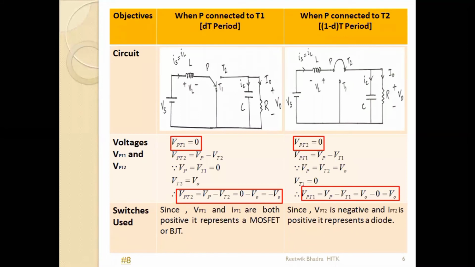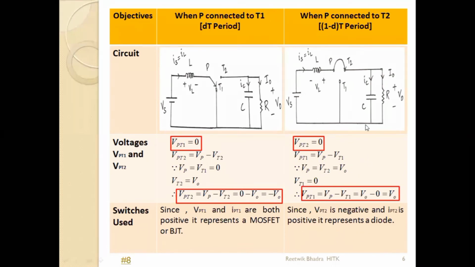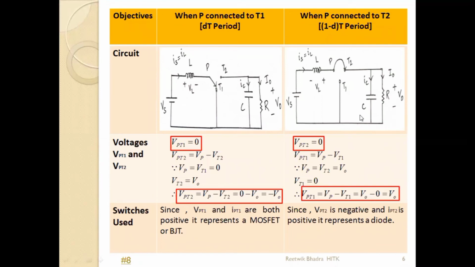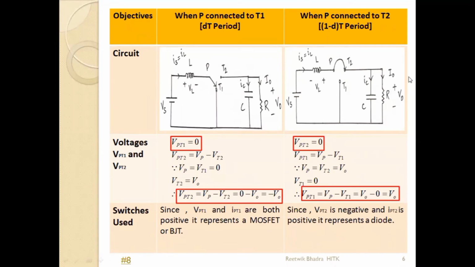Very easy. When is I naught flowing through IL? You integrate in that time period, integration 1 by T, you are finding average current. So 1 by T integration 0 to 2T IL dt. If your IL is I naught, your time period will change according to that. Your time period will be T off. If you are taking IL as IS, your time period will be T on plus T off. Like that if you can do, you will find in terms of I naught also.